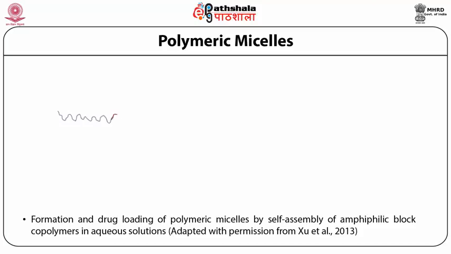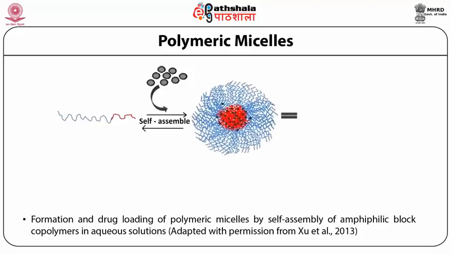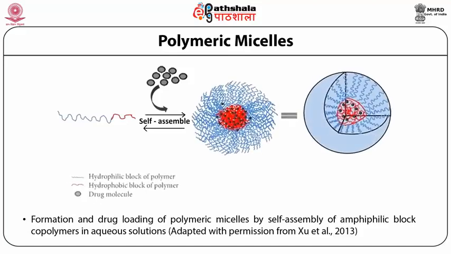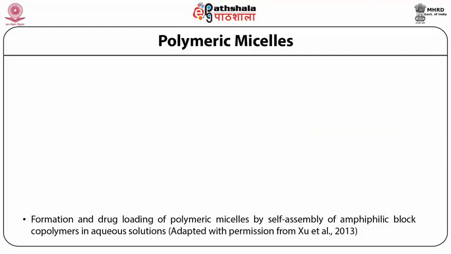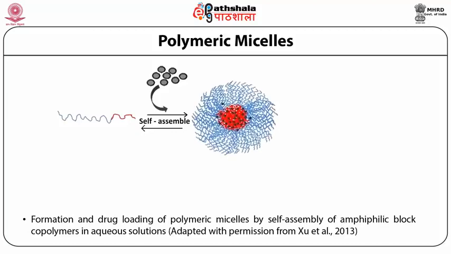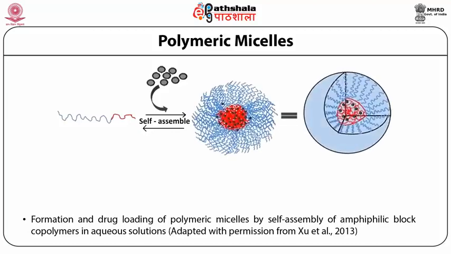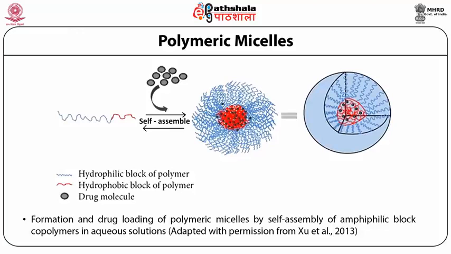In this figure, you can see how these polymeric micelles are formed and how they are used for delivery. Here there is a polymer having a hydrophilic block as well as a hydrophobic block. Please see on the left hand side there is a polymer chain shown by two different colors, one is blue, one is red. The blue part is showing the hydrophilic block and the red part is showing the hydrophobic block. And so we use some strategies then to make the self assembly of these polymer molecules into the micelle type